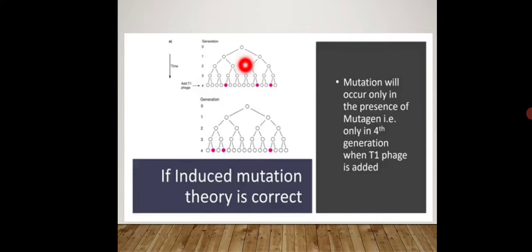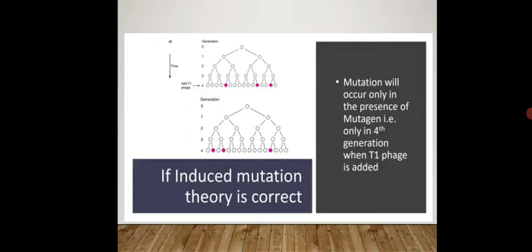It is sensitive to the T1 phage, therefore it will get killed. Okay, as this is sensitive, others are also automatically sensitive. Why? Because the rest are also developed from this first cell. But if a mutation occurs in any of these cells, then the sensitive cell will be converted into resistant. Okay, that cell will develop resistance to that T1 phage.